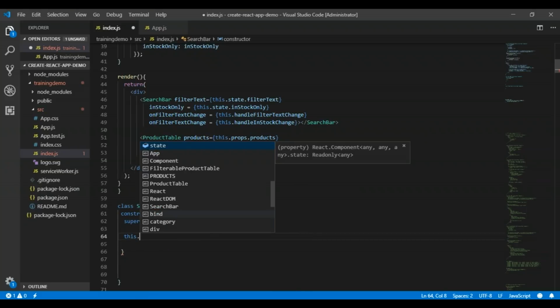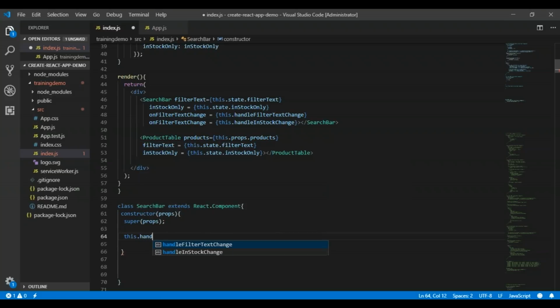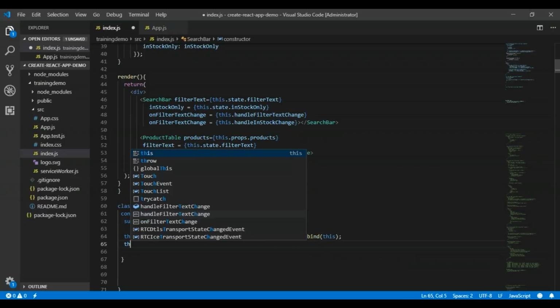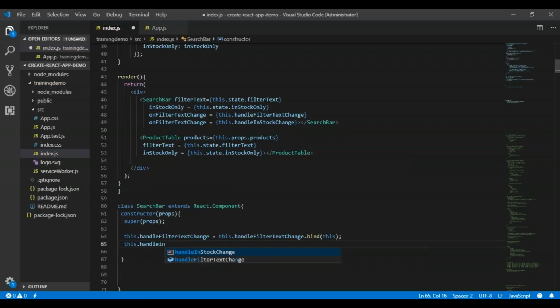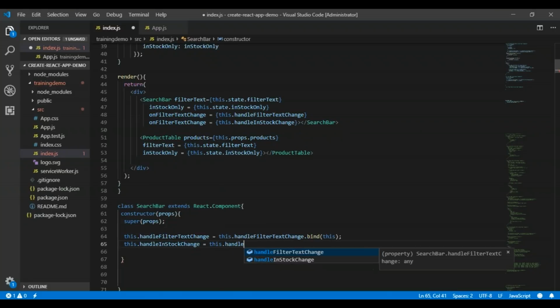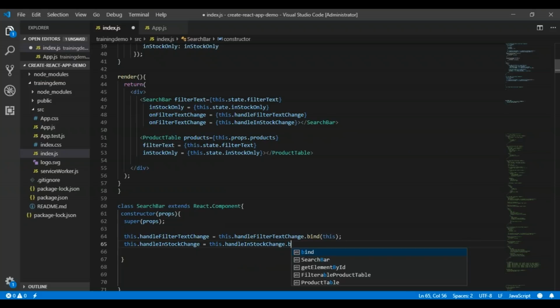Let's say I want to bind a couple of events, so I will say handleFilterTextChange: this.handleFilterTextChange = this.handleFilterTextChange.bind(this), and I want one more event handler, which is handleInStock. I want to check whether it's in stock or not. So I will say this.handleInStock = this.handleInStock.bind(this). That is how I have defined the constructor.